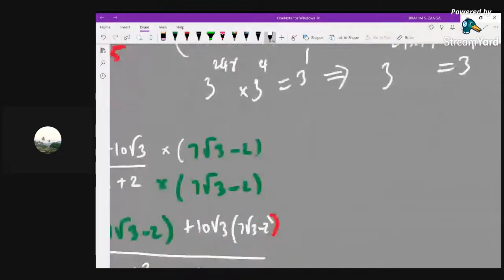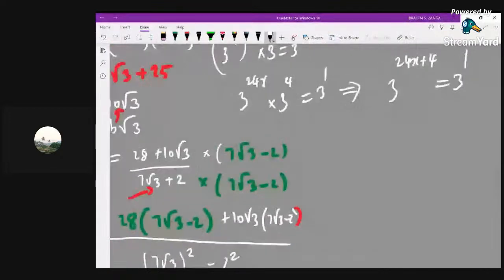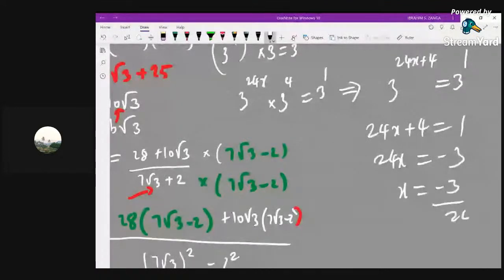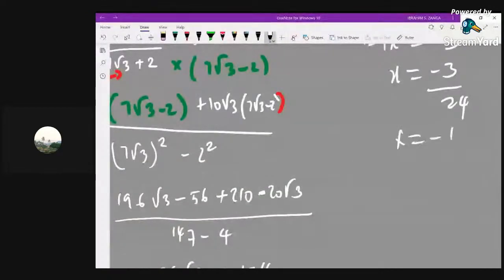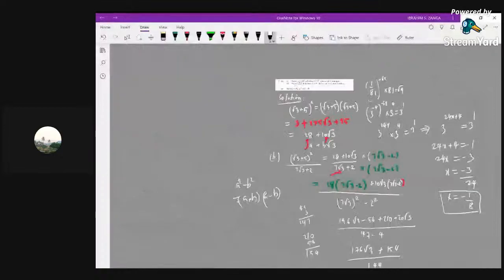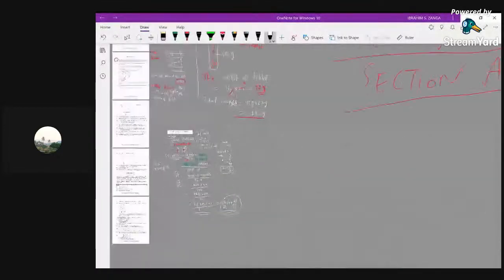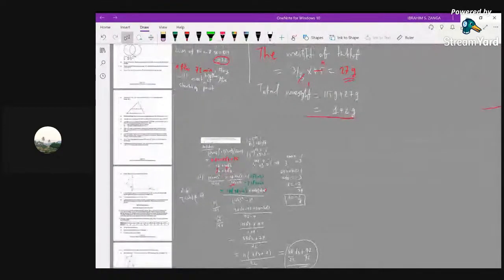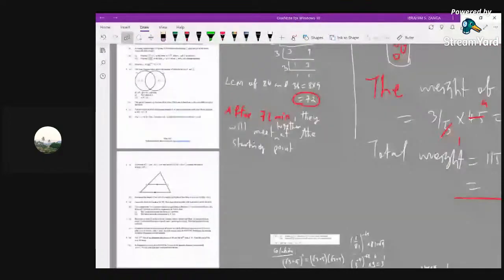So we're going to say 24x plus 4 equals 1. 24x equals negative 3. X will be negative 3 over 24. We just simplify. Obviously, you're going to get x equals negative 3 over 8. So that is the value of x, and that is the solution for question number 2. To proceed with the next question,